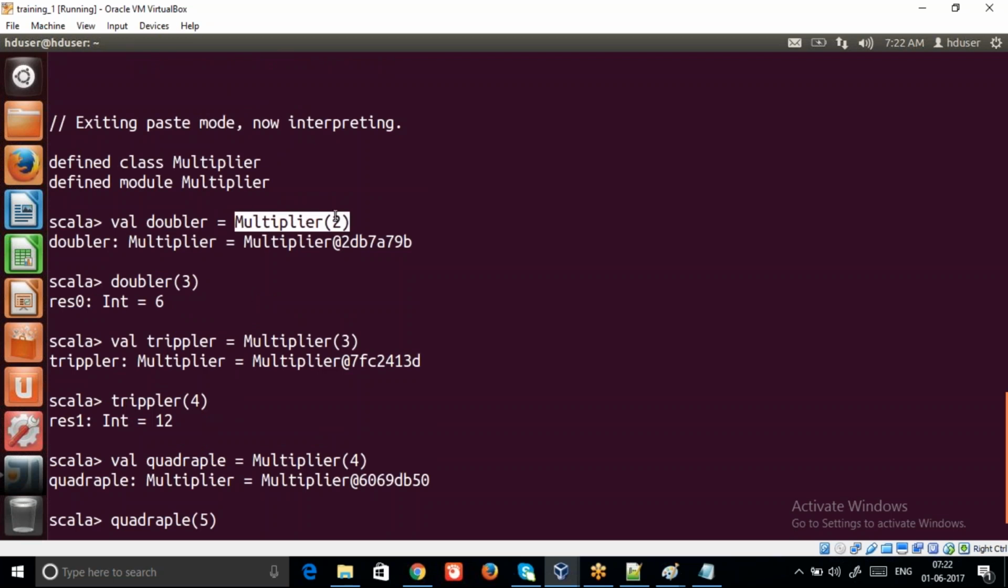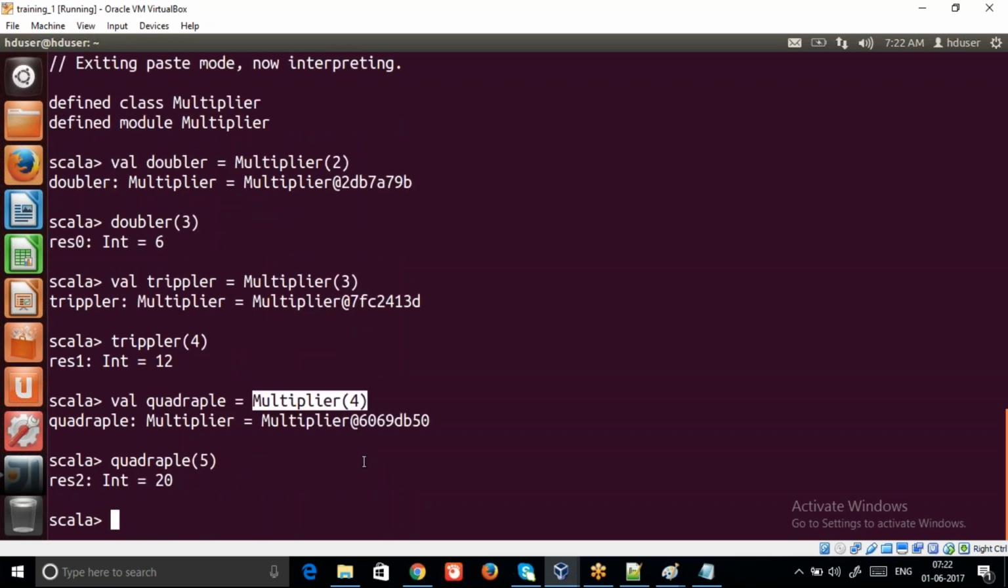I'm creating a doubler object, I'm creating a tripler object, I'm creating a quadruple object. So this is how we design a factory pattern with the help of a companion class, companion object, and apply method. So